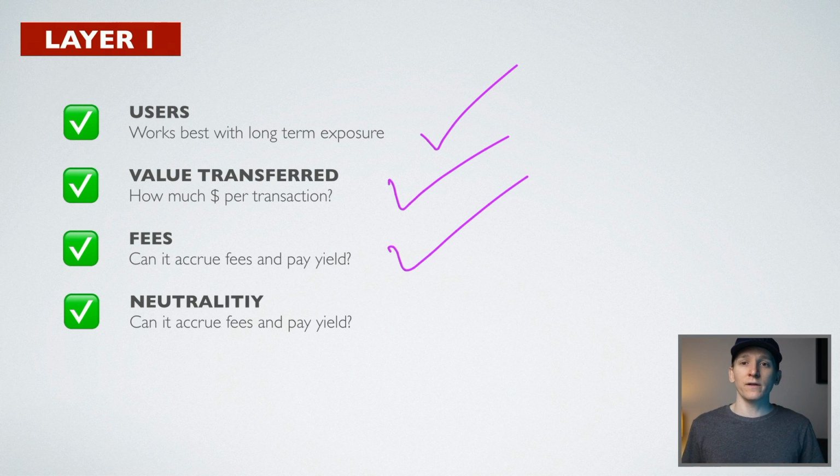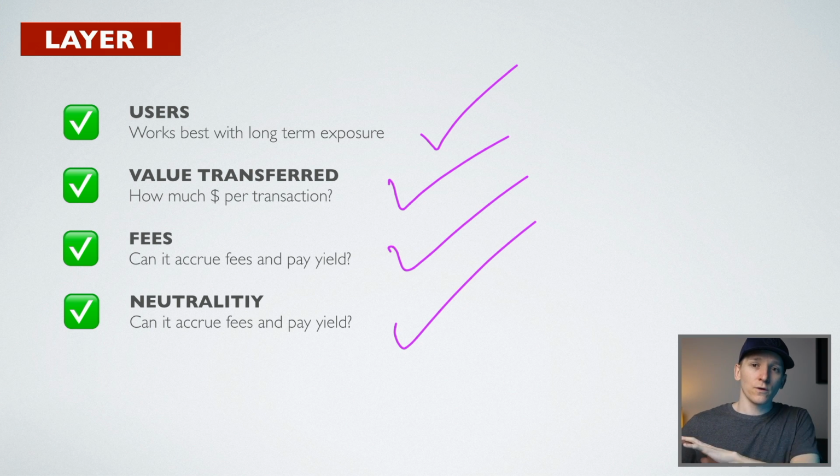Does it charge fees? And do those fees accrue back to you as an investor? For Bitcoin, no. For everything else, most of it, yes. And so that's actually very, very different, right? Because Bitcoin is supposed to be money, and so it shouldn't charge fees. You shouldn't be able to invest and actually get returns from it because it's a decentralized store of value. Other types of platforms or applications are more like a business and so can charge fees and maybe give you investment returns back.